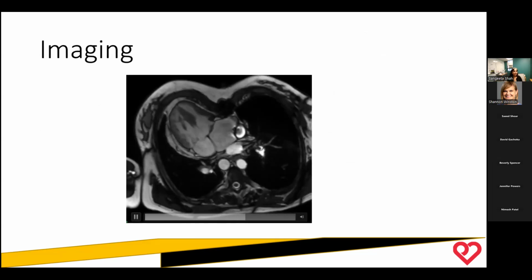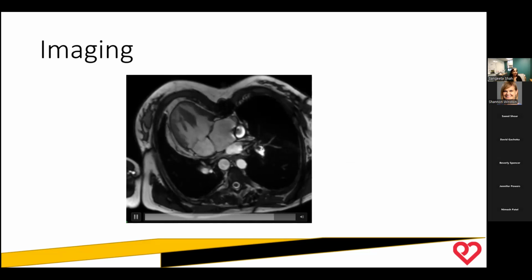This is a picture just to give you a visualization of her heart. Right ventricle is on this side, left ventricle is here. We have a large VSD. They have sutured her mitral valve closed. She does have an ASD here, which is not in this individual picture. So blood flow comes in through here and goes in.